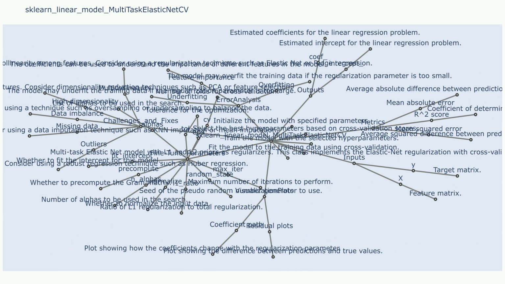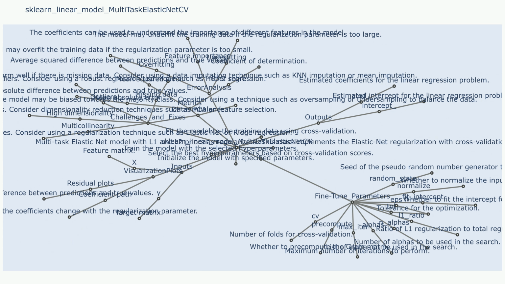Use robust regression methods. Challenge 6: missing values. Sample use case that resulted in challenge 6: missing values in the data can cause problems for the model training. Fixes to challenge 6: impute missing values. Use models that can handle missing values, such as decision trees or random forests. Challenge 7: categorical features. Sample use case that resulted in challenge 7: categorical features need to be encoded before training the model. Fixes to challenge 7: use one-hot encoding. Use label encoding.